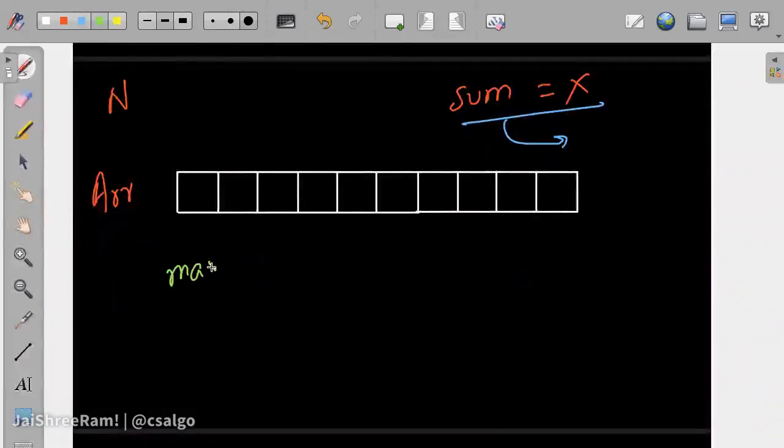Map is not equal to hash map. Hash map is actually equal to the unordered map that you have in C++. And if you know Java, tree sets and tree maps are the map that we have in C++. So we will use maps, but we will use a simple concept of prefix sums.